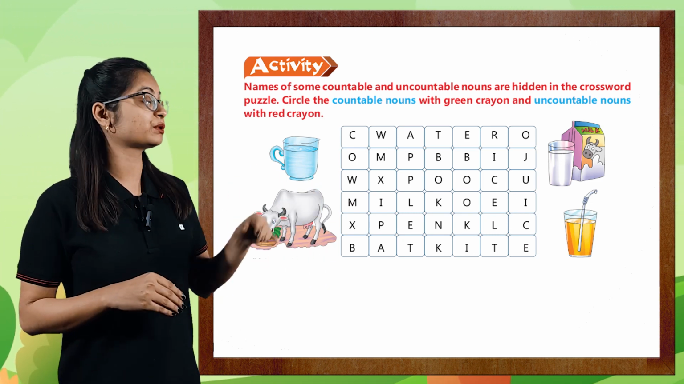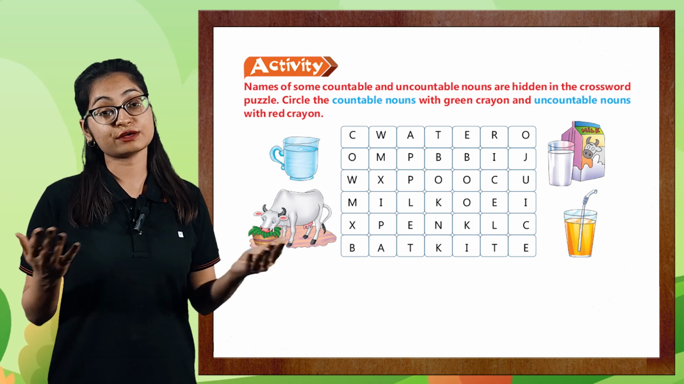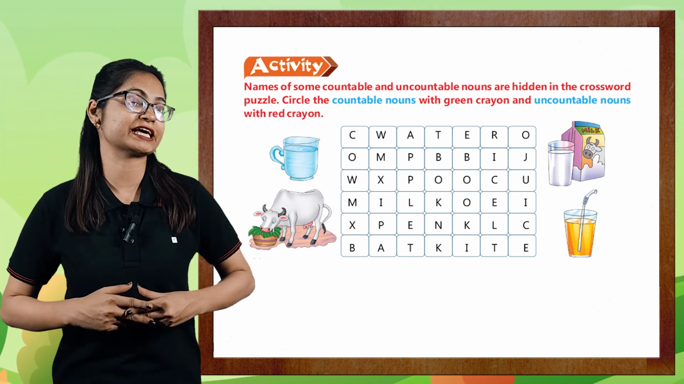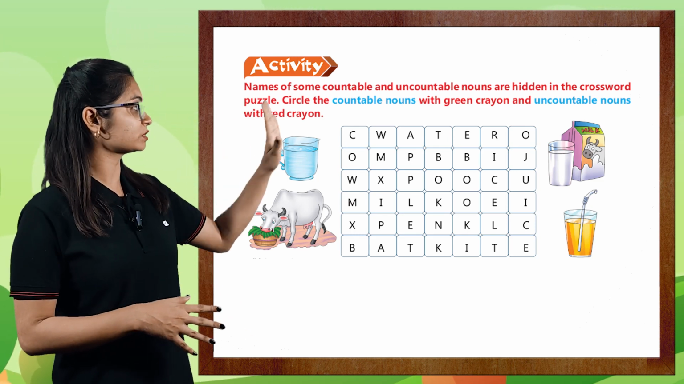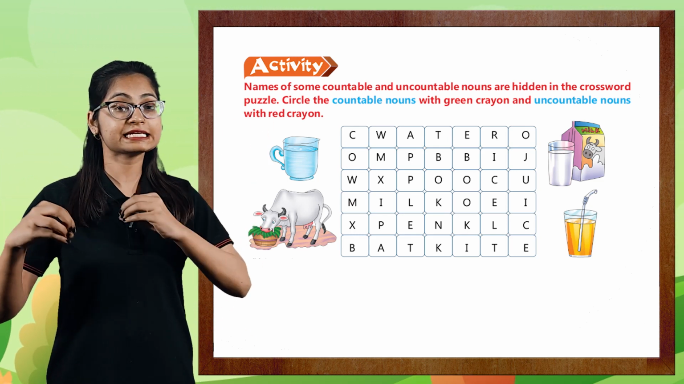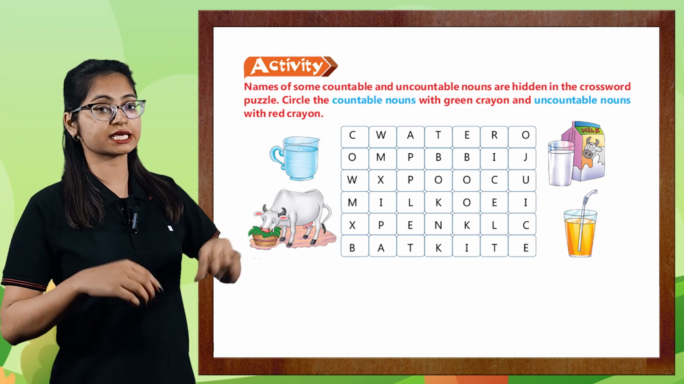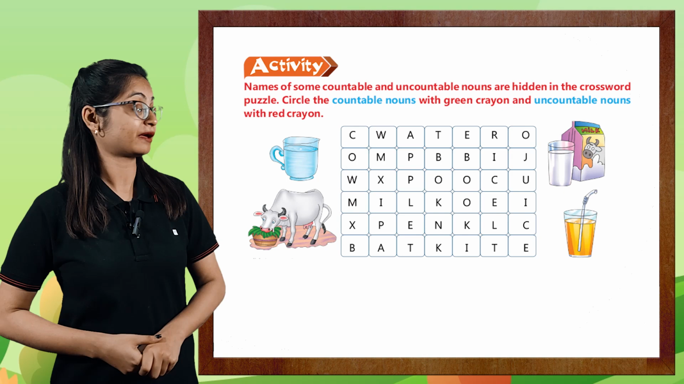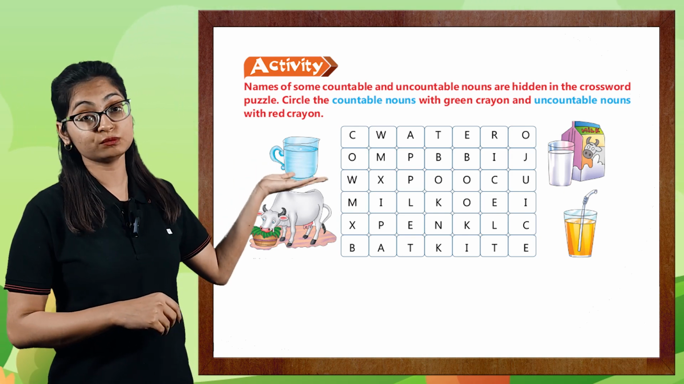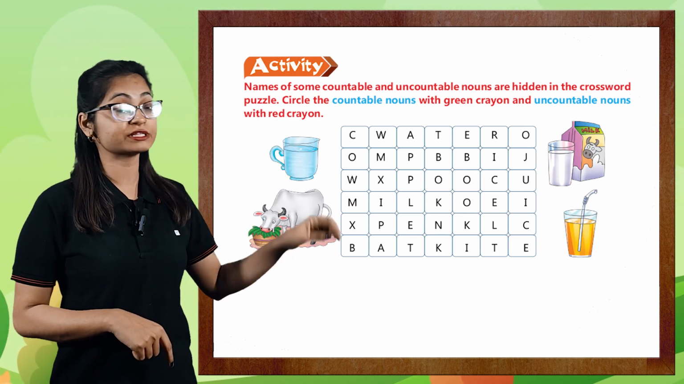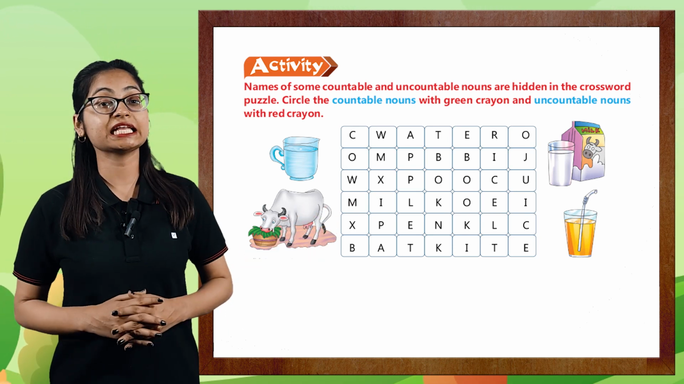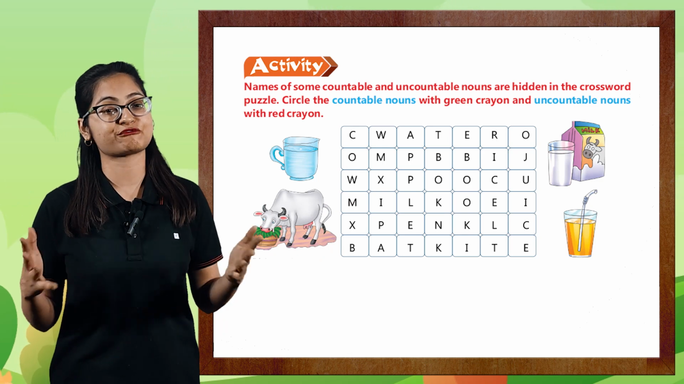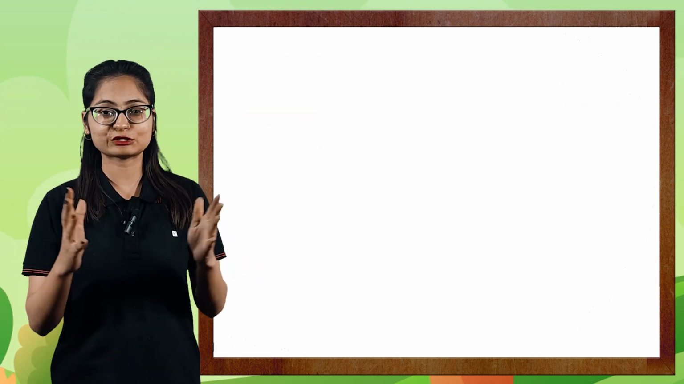circle countable nouns with green crayons and so students ये बहुत ही आसान एक्टिविटी है और काफी फन लविंग भी होगा आपके लिए। तो मैं आपको बता दूं इस क्रॉसवर्ड पजल में आपको हिडन वे में काउंटेबल नाउन वाले वर्ड्स दिए गए हैं और अनकाउंटेबल नाउन वाले वर्ड्स दिए गए हैं। आपको क्या करना है वो ये है कि काउंटेबल वाले नाउन्स को आपको ग्रीन क्रेयॉन से कलर करना है एंड अनकाउंटेबल नाउन्स को आपको रेड क्रेयॉन से कलर करना है। एंड आई नो कलरिंग इज योर फेवरेट पार्ट।